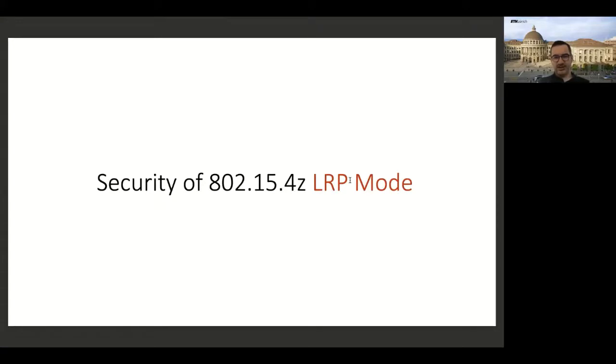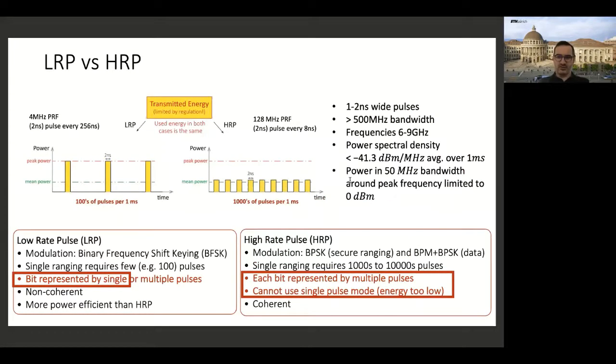Okay, so unlike HRP mode, LRP mode is actually open, so it's easier to understand, it's actually much simpler, and it's easier to argue about its security. So this is something that we have also been playing with, mainly focusing on the performance and extending its range. So going back to this overview, we have seen that HRP mode has its issues, right? It's also closed source, but attacks were possible on existing chips. Now, what about LRP, right?